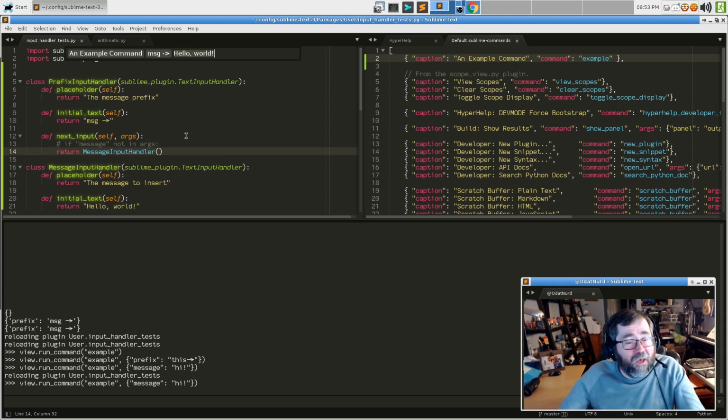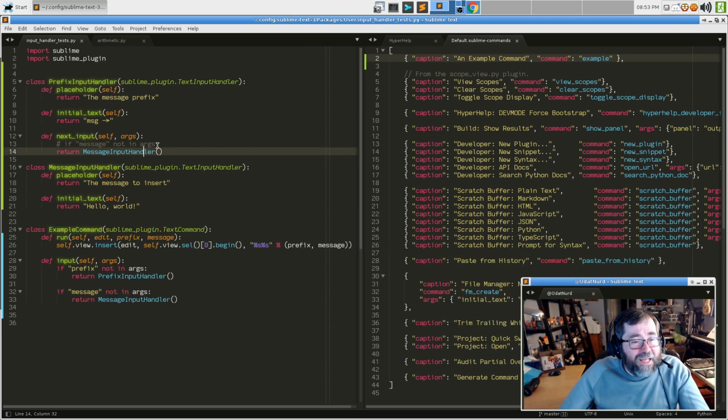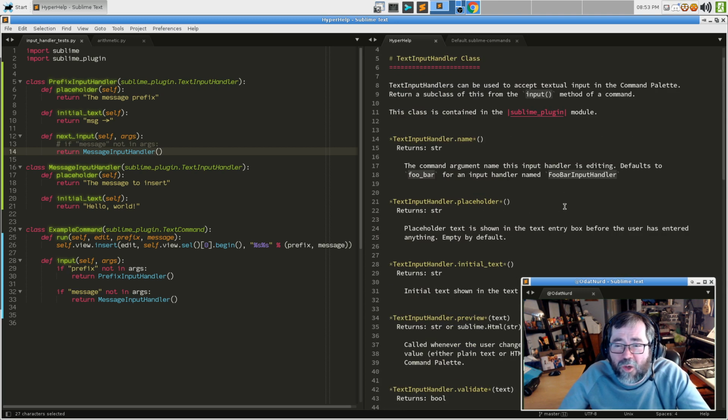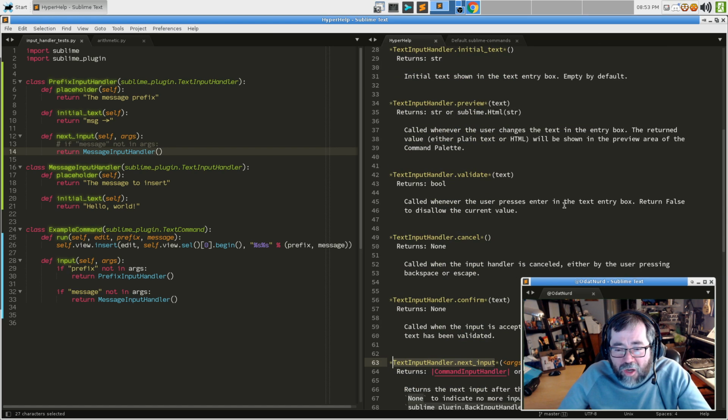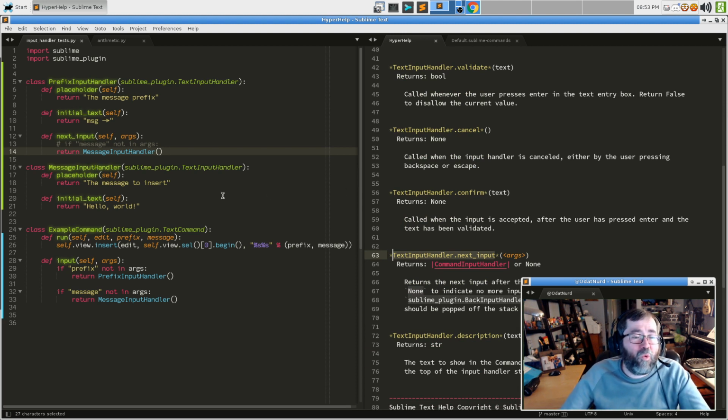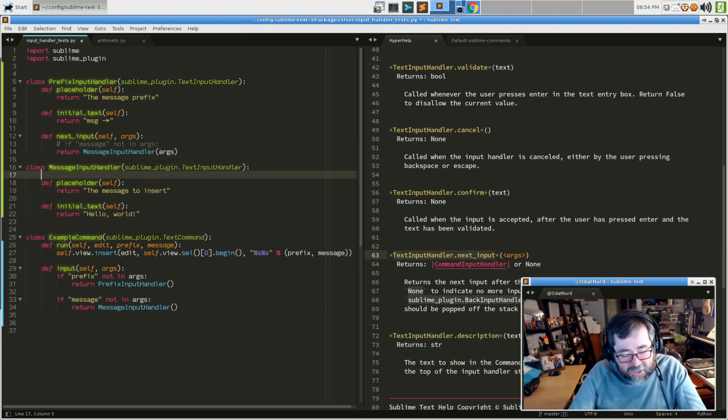It's always asking you. And of course, you could also get it to pull this value and put it in there as well. Now, let's say that this is args. Yeah, I haven't done this in a while. So the only thing that gets args in here is next input. So let's say we actually wanted to do that, then we need to pass args to message input handler, which means we need to implement a